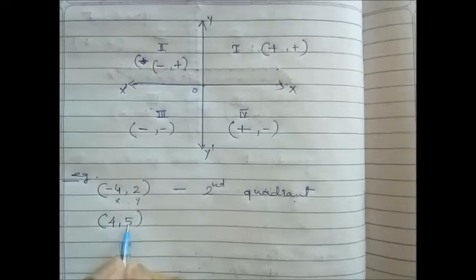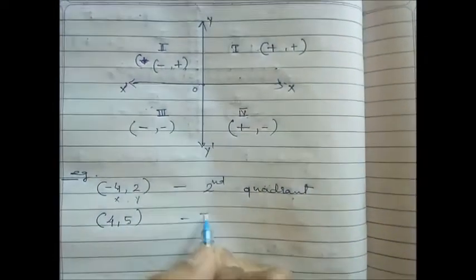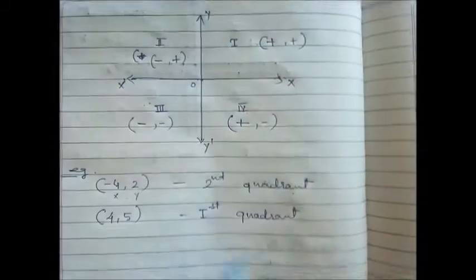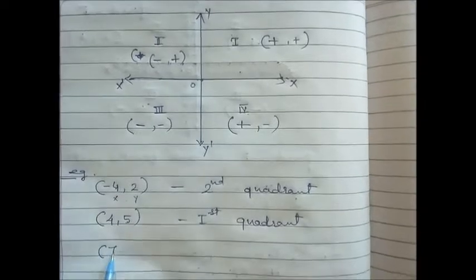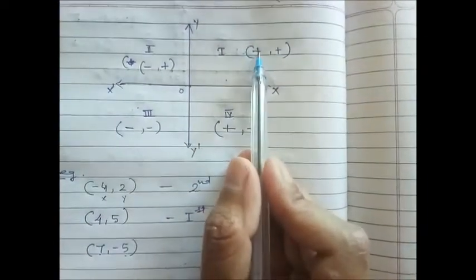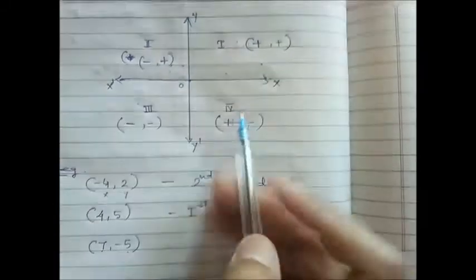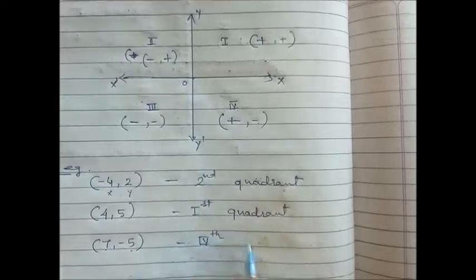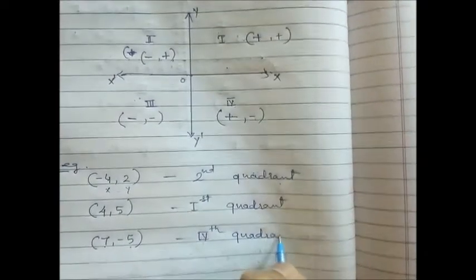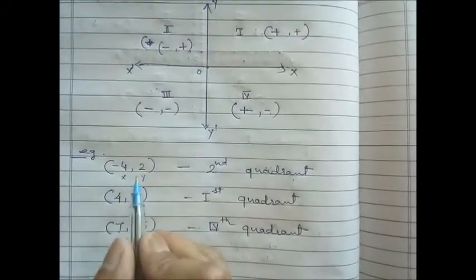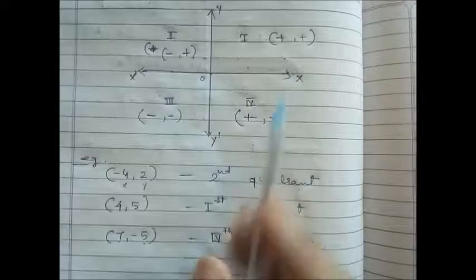Both are positive, that means it comes in first quadrant, right? Other example, 7 and -5. Now x is plus and y is minus, so check where x is plus and y is minus. Here x plus and y minus, that means it is in fourth quadrant, right? So this way you can identify that the given coordinates are in which quadrant, whether it is first, second, third